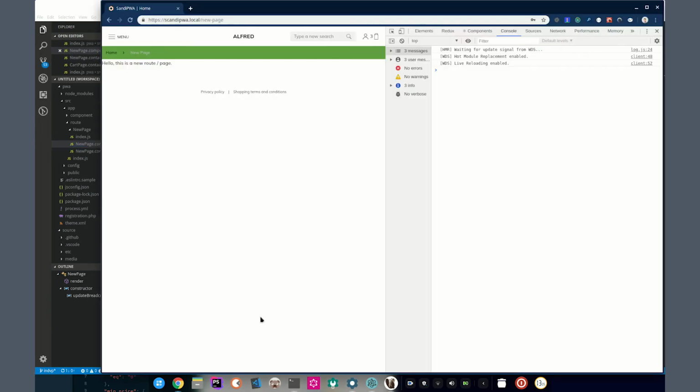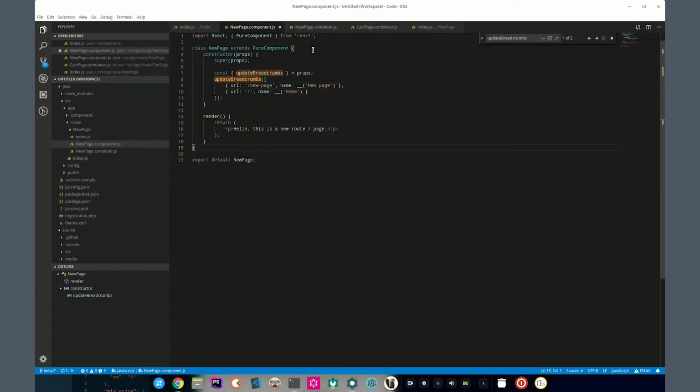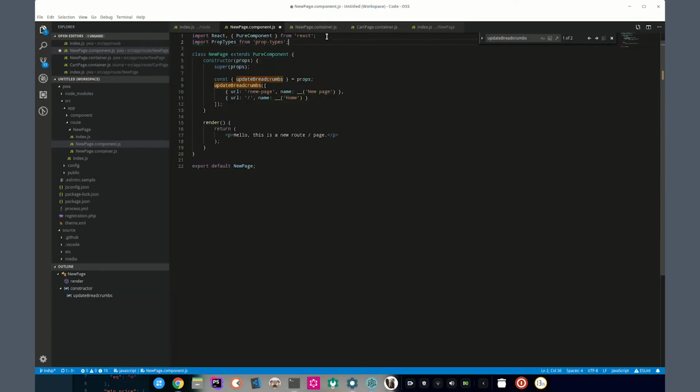And here, let's wait. Yeah, so home new page. And here, let's also import prop types. Import prop types and declare prop types for our methods. So for component new page dot propTypes equals, sorry, not correct. It's propTypes. And here we need to declare updateBreadcrumbs as a function, which will be a PropTypes.func.isRequired. So now this will allow us to check for